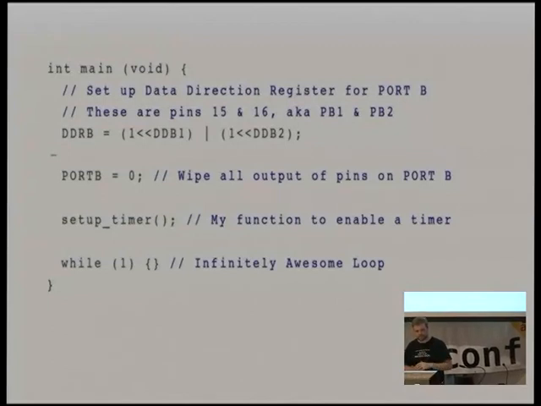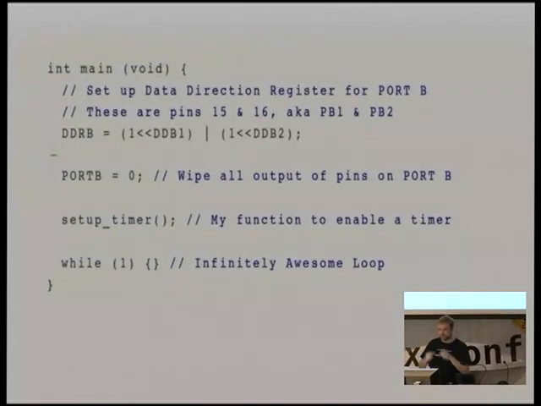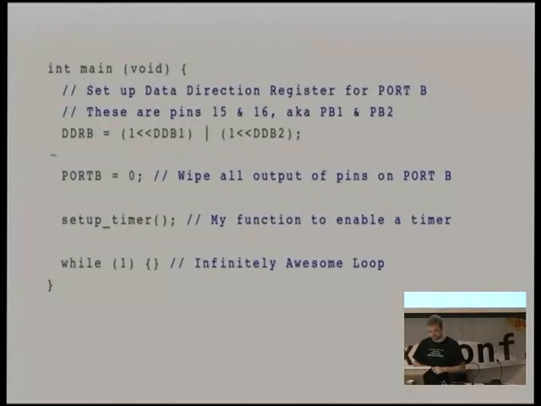Yeah, so the first thing you do is set up the data direction register, and I do it, as I said before, with a binary OR, and I'm setting DDB1 and DDB2, which on the actual pin package are pin 15 and 16, which happen to be next to each other. I set port B to 0, so that wipes that whole set of 6 or 8 pins back to low. I call a function to set up a timer, which we'll get to in a second, and then I enter my infinitely awesome loop,